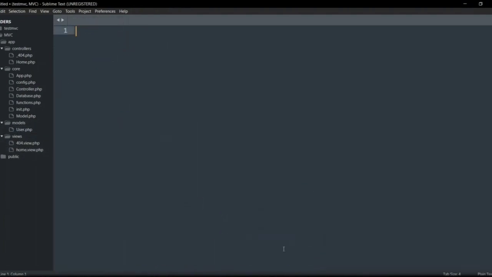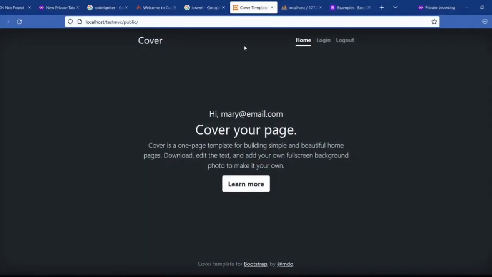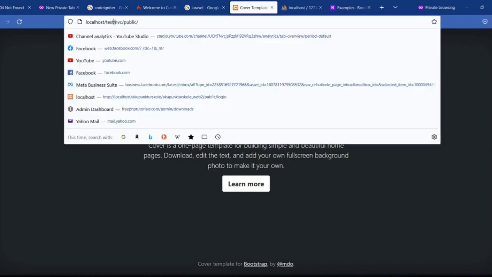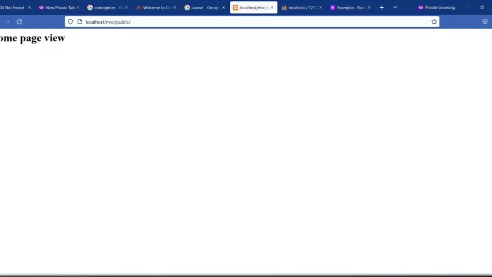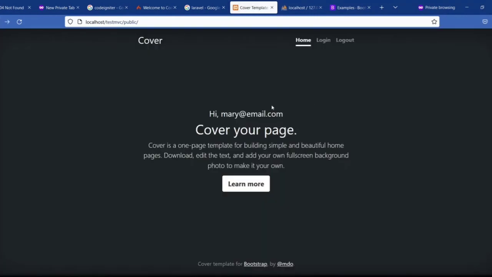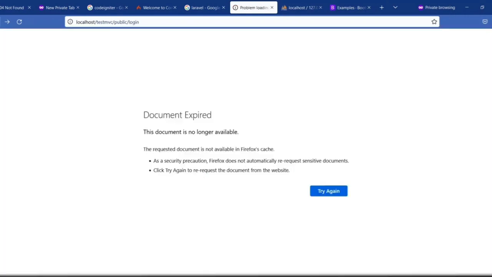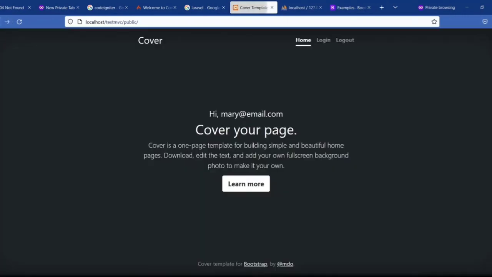So with all this to conclude, if you want your MVC to have a basic homepage like this one and not just to see, because if I go back to just MVC here, this is the homepage we have for our original MVC. If you want, you can use Bootstrap and use this as the basic landing page or the home page so that you don't start from scratch. But that's up to you if this is useful to you or not, or you can just leave it as this one. So it's all a matter of knowing what you always repeatedly use and then put that in